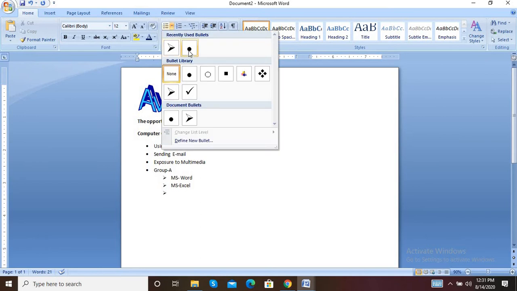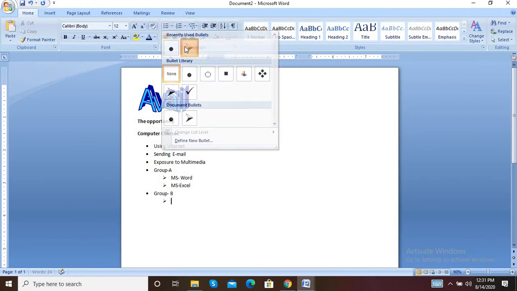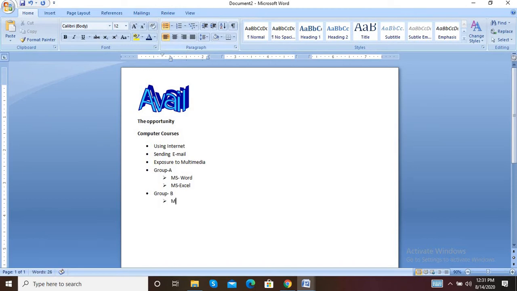Next is again a bullet as group A, then group B. Add a different bullet as a subtitle, MS PowerPoint, enter. So join this word as PowerPoint. Then next is MS Access. Okay, now format this data,